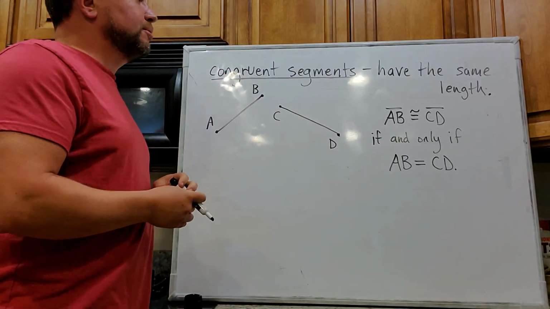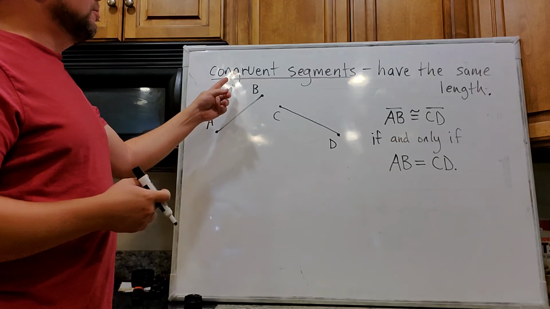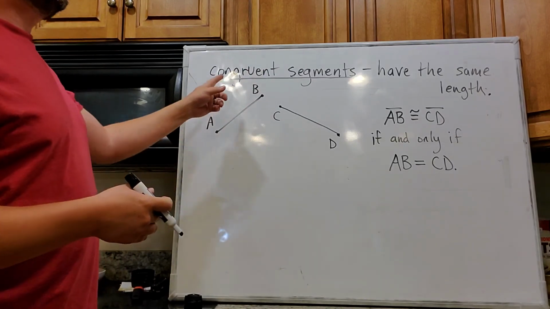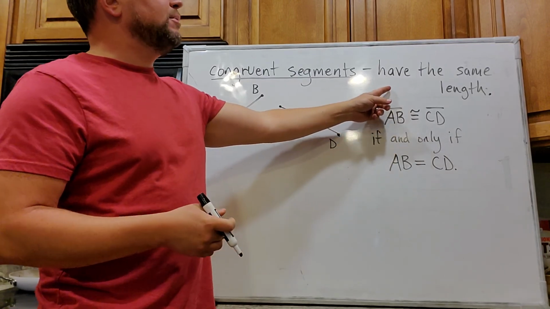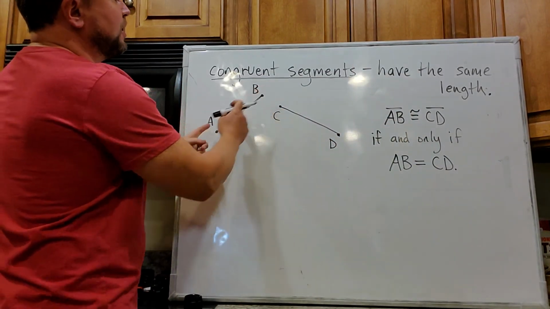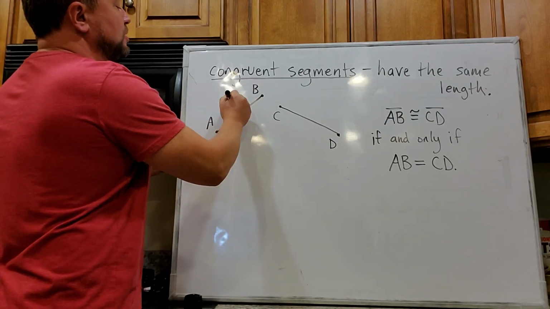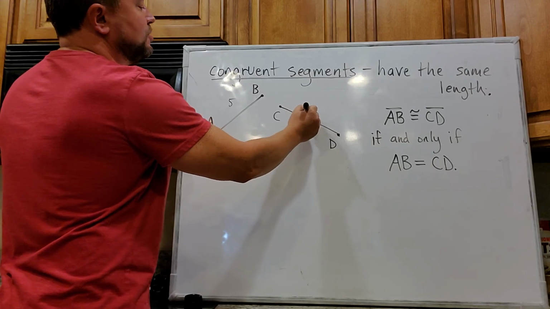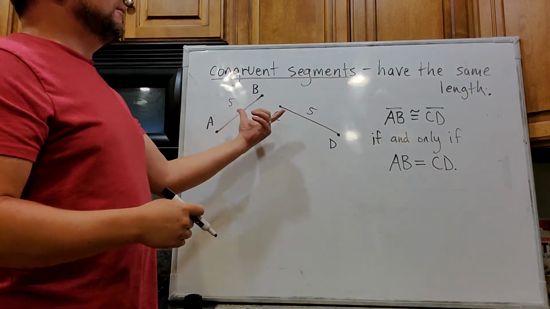And to start things off here then, I want to talk about what it means to be congruent segments. As you can see here, congruent segments by definition have to have the same length. So if we have a couple of segments AB and CD here, and maybe the length of this one is 5 units long and this one is 5 units long as well, then we can say the two of these